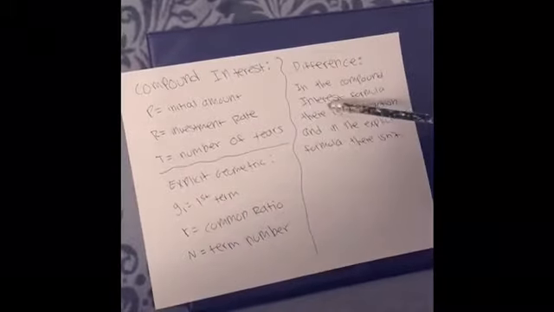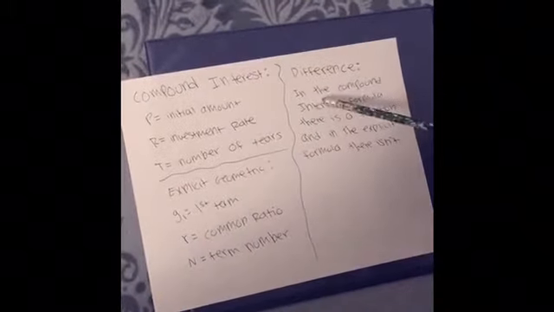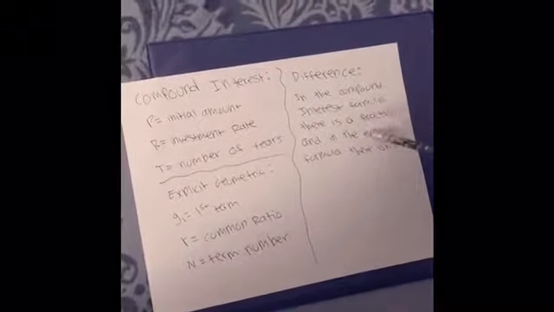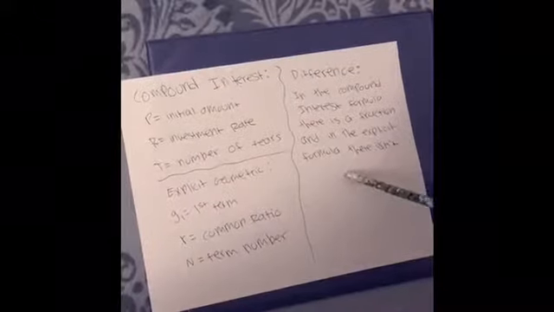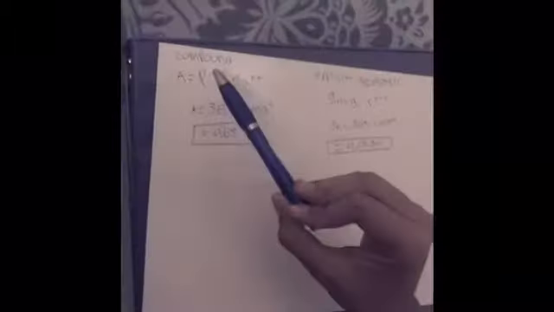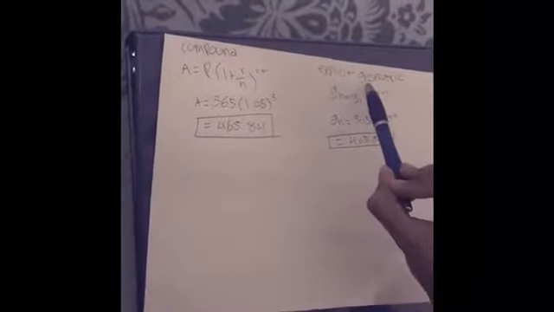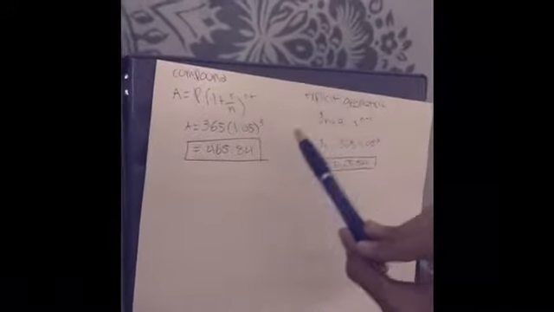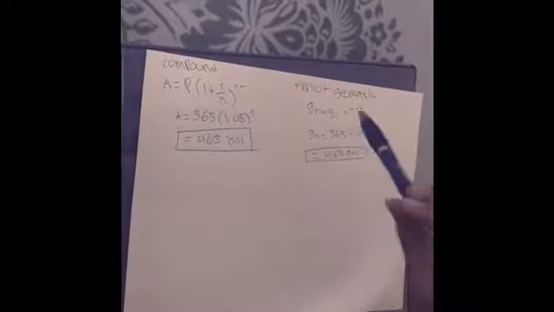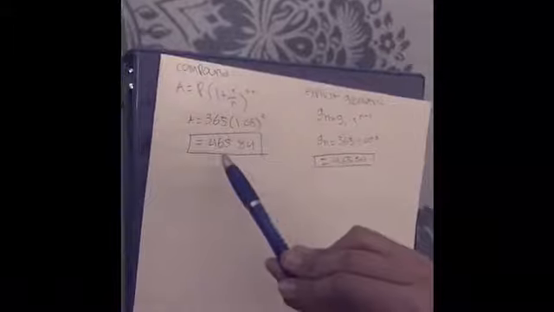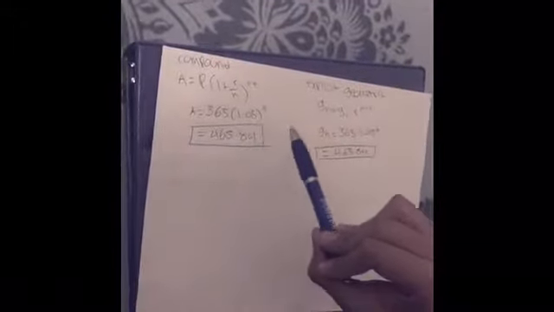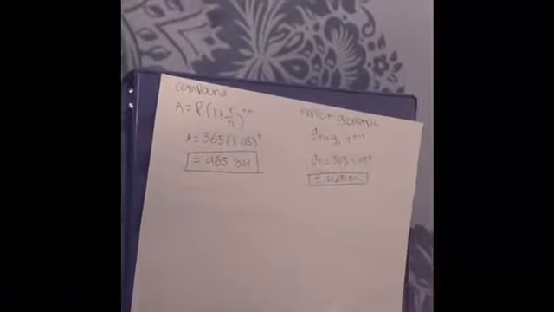The main differences are that in the compound interest formula there is a fraction, and in the explicit formula there isn't. After using both the compound and the explicit geometric formula to verify the information in the article, we came to the conclusion that both equal 465.84. So, part 2,